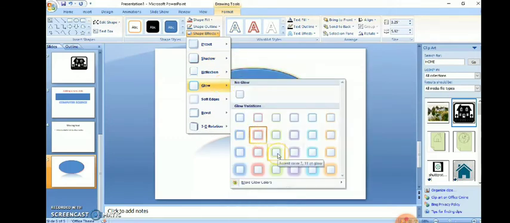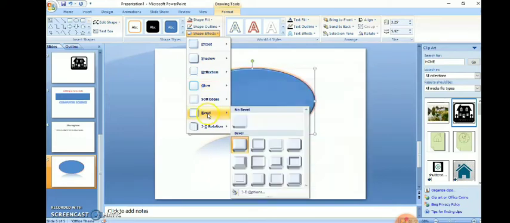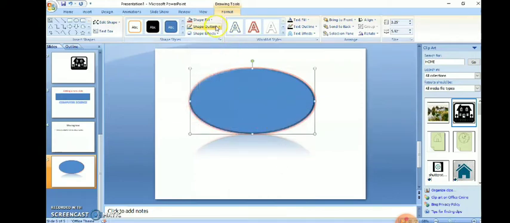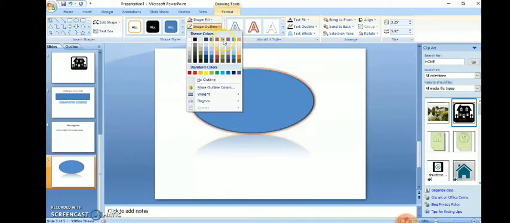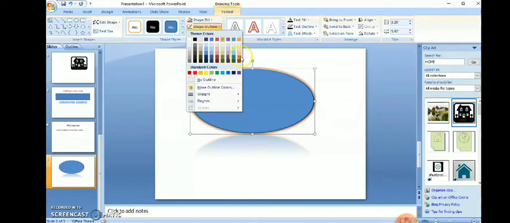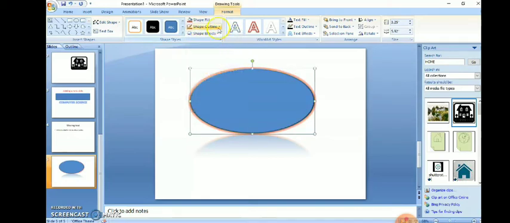Accent is there. Then accent color 3, color 4, color 5, color 6. Many are there. If you hover over a particular effect, you can see its name. Now shape outline, I can change the color of the shape outline. I selected green.